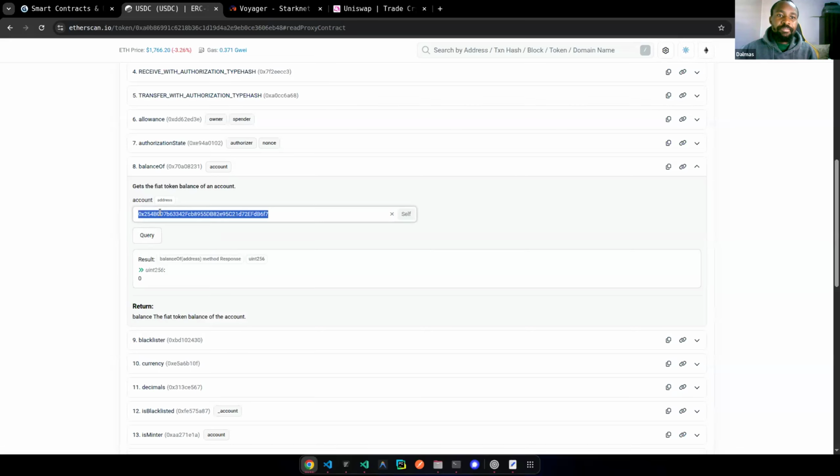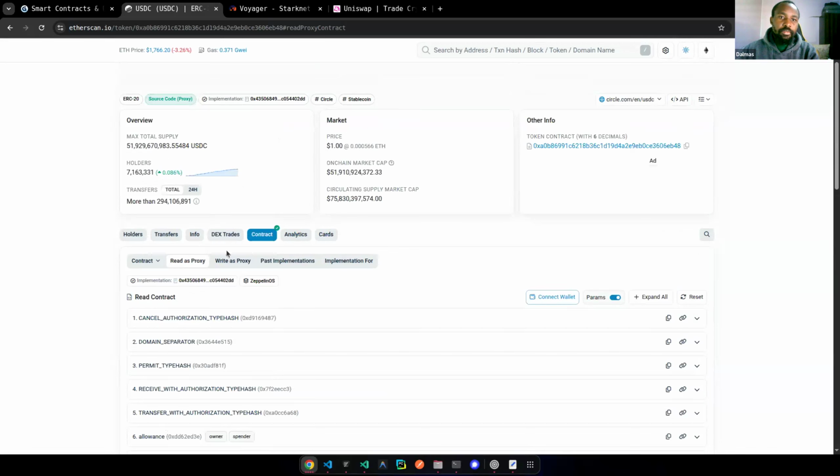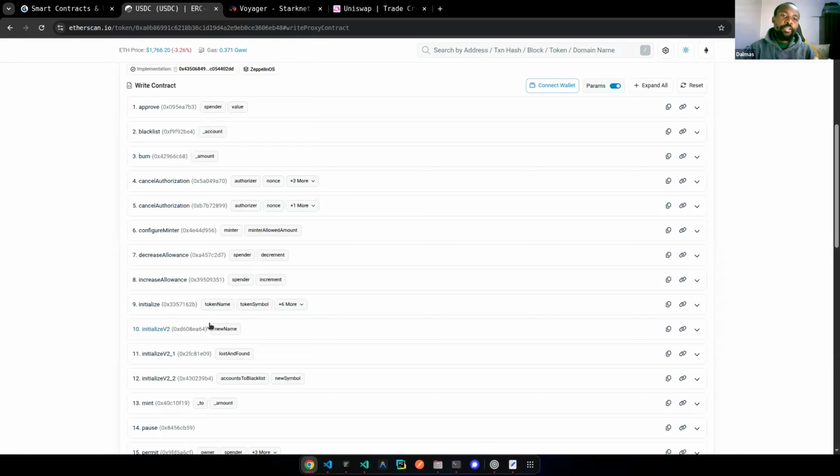So I'm going to query using my address. And here you can see I have 0 balance. But it's because I have no funds on this wallet specific for this contract. This is a read function where I was trying to get the balance of this specific wallet address. We have write functions. Write functions include a function to transfer funds from one wallet to another wallet. I don't have a specific direct example I can use here, but